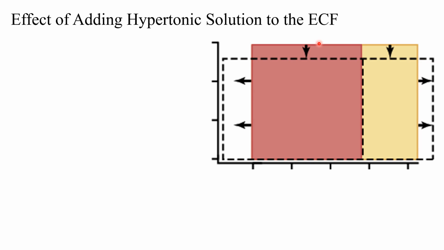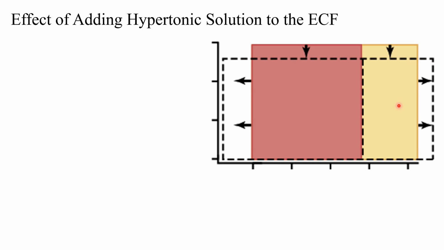Water moves from the intracellular compartment to the extracellular. There are two compartments, and it is going from intracellular to extracellular. So the cell will shrink. Same thing, no? Like when you put cells in a hypertonic solution, what will happen? Cellular water will go outside, right? The cell shrinks. Here it is showing the cell getting shrunk and water going into the